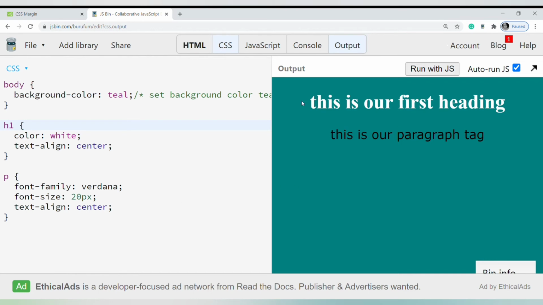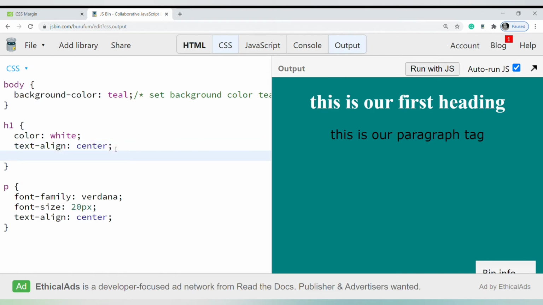If I want, I can give it a different color also. Wait, I will tell you how. Background dash color.